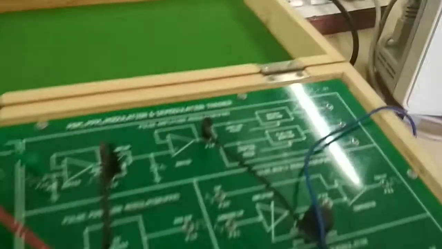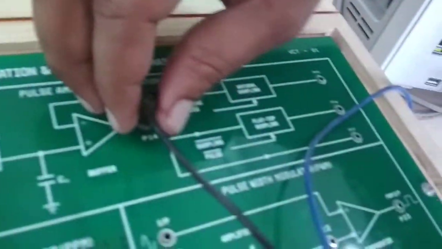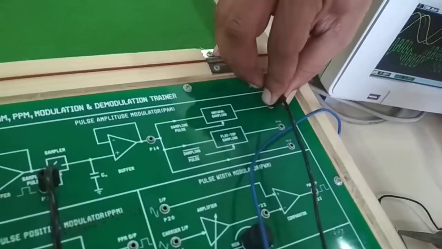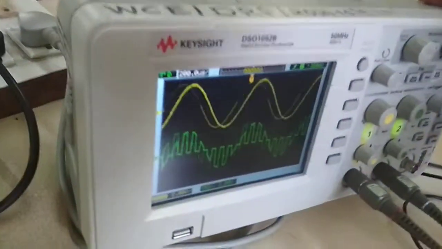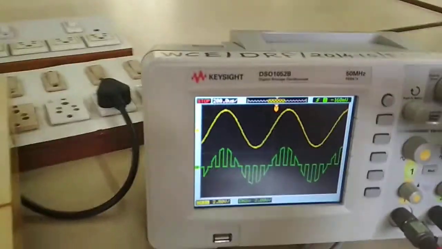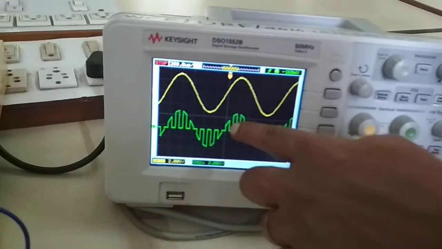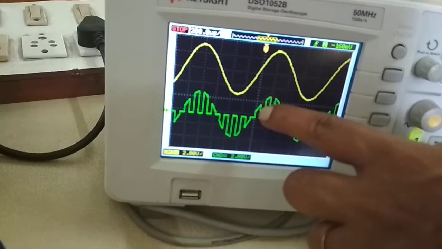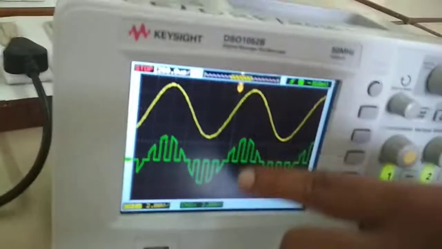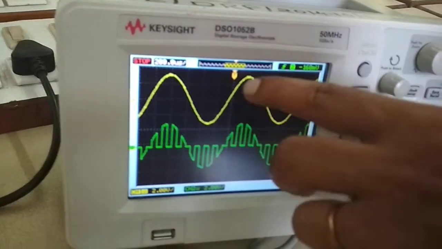Now our main task is to observe and test the pulse amplitude modulation signal. So we will test this modulator using natural sampling. You can see the natural sampling. I will stop this signal for better understanding. There are three types of sampling actually: ideal sampling, natural sampling, and flat top sampling. So this is natural sampling. Natural means what? You can observe the sampled signal along with this sine wave, the modulating signal. It takes the natural sample from this.